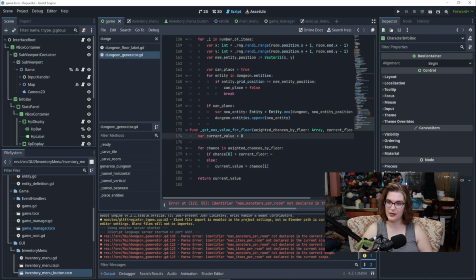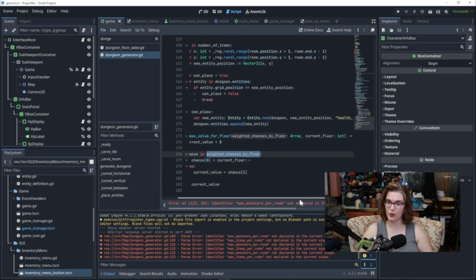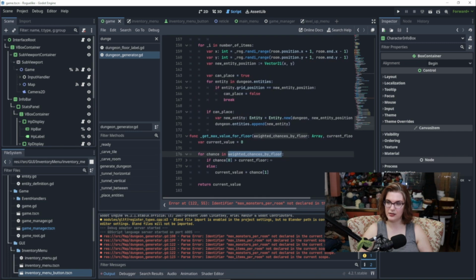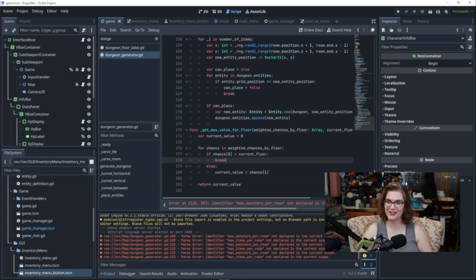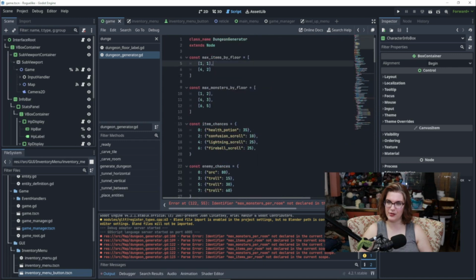Okay, so this, for chance in weighted chances by floor, which I guess we'll pass in. There we go. So if the thing in the first position is greater than our current floor, just keep it. Otherwise, because we're referring to, if I go all the way up here, maximum items. Right, and this is floor